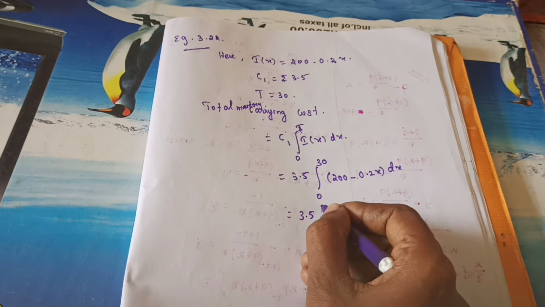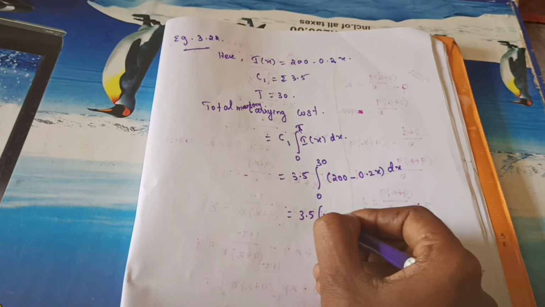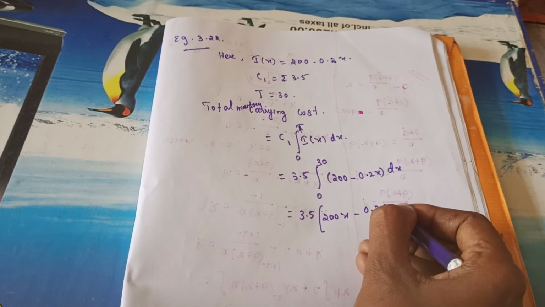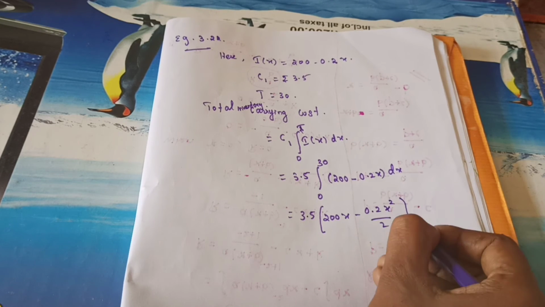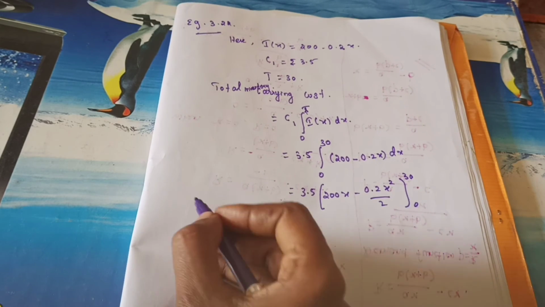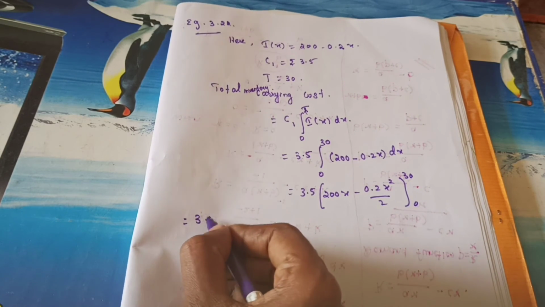3.5 into integrated 200x minus 0.2 x square by 2. Okay, x square by 2. Integration limit is from 0 to 30. Okay, now you can apply the limit. 3.5 into